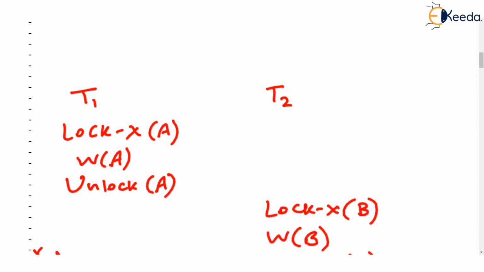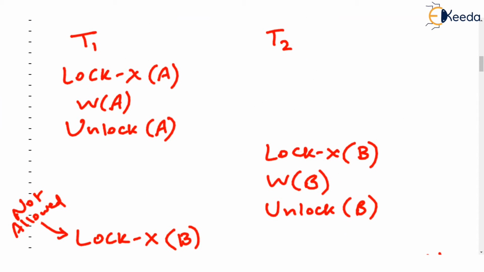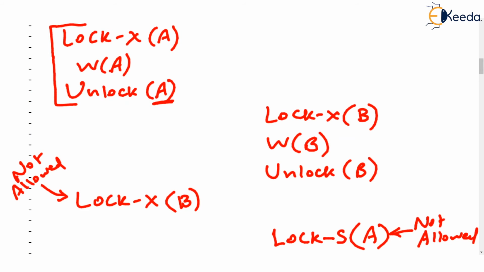Is this schedule containing T1 and T2 serializable? That means, is this following the two-phase locking protocol? No, because you can see that T1 starts by locking A and then it unlocks A. So you might say, so what? It seems that it doesn't need A anymore, so it has unlocked it. But the problem comes later. Note that it has locked A in exclusive mode, that is for writing, then it has unlocked A.